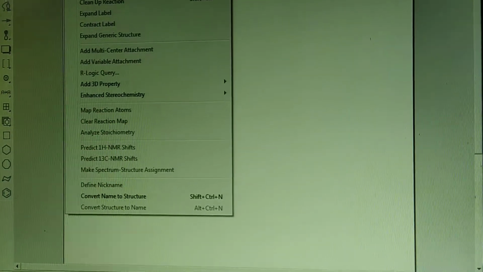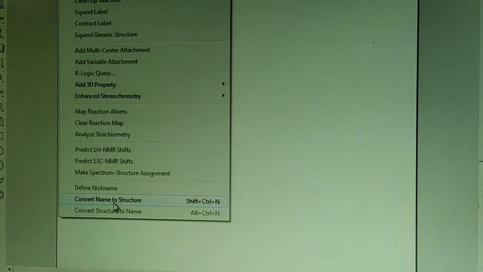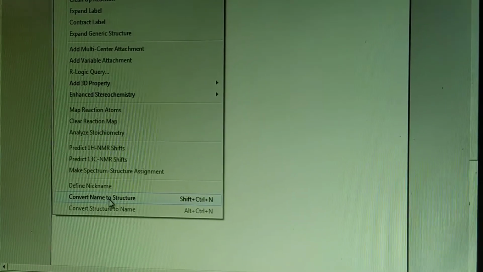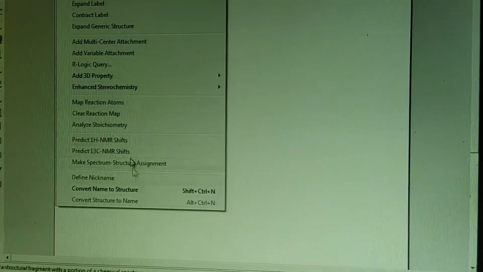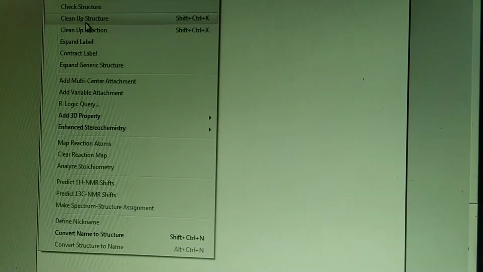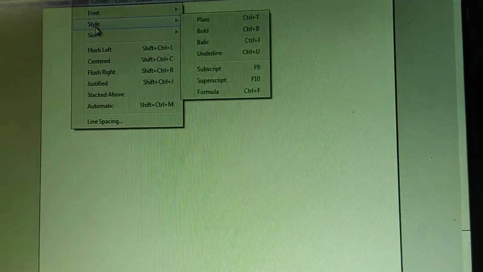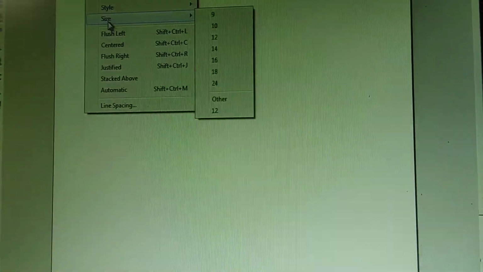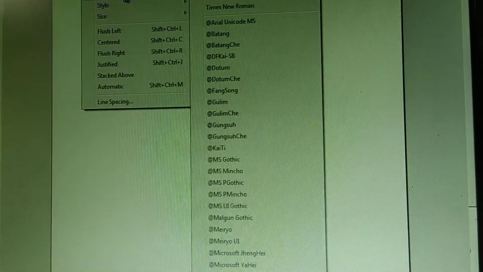If you talk about Structure, here you can see if there is any IUPAC name, then you can convert that name to the structure, or if there is any structure, you can convert it to the name. Similarly, here you can clean up the structure for its geometry. In Text, if you have any text in this window, you can change it to a different size, style, or font.